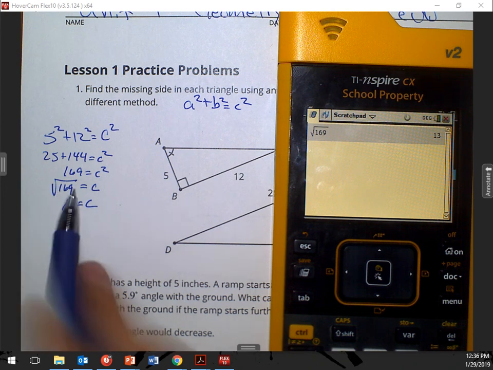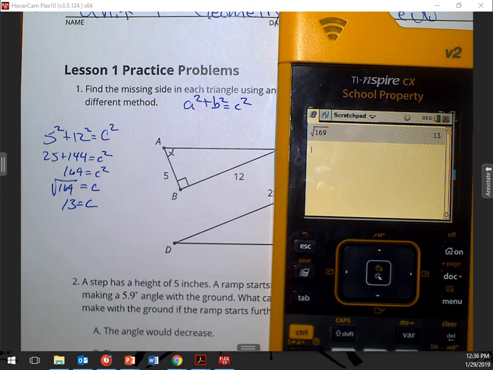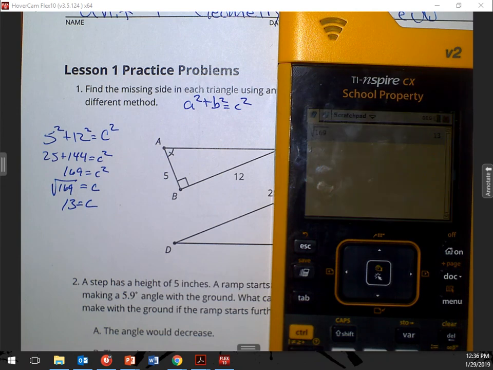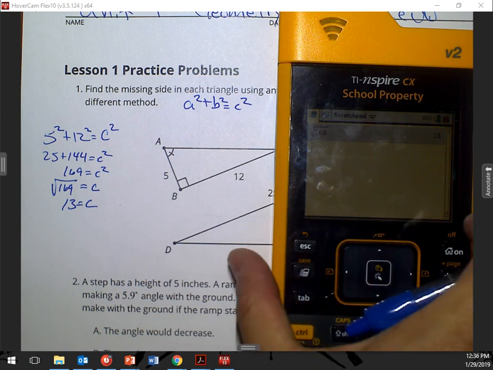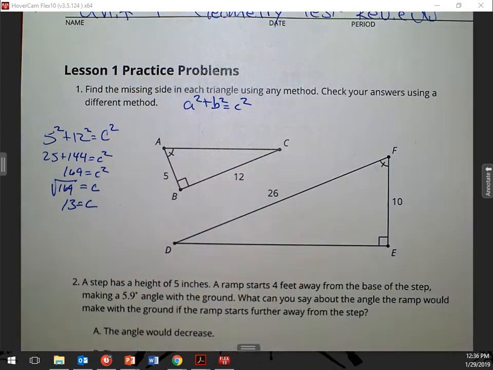Yeah, square root. Wait, the square root of what's inside the number? Is it 14? I can't see it. Okay, sorry. 169. Oh, yeah, because the 5 and the 12 already have the exponents and we did all of that, that means you don't have to put the exponent on the 169. Yeah, because if you guys remember,